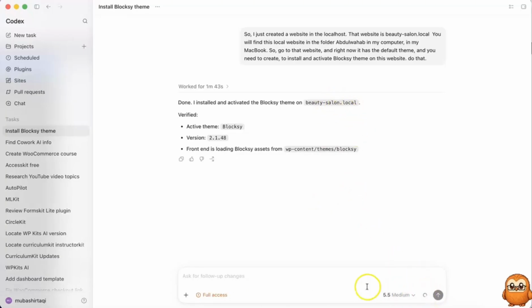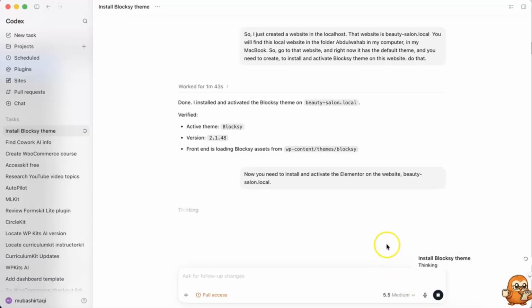We'll click on it. That means it will not be sent to the further process, so we can read it, and if there is any mistake of spelling or format, we can improve that from here. And when we click it, it will be sent. So here you can see